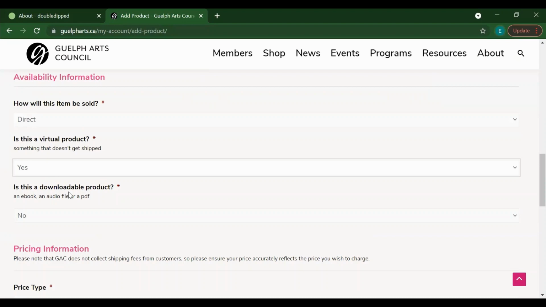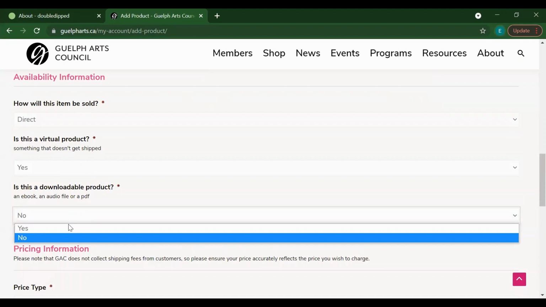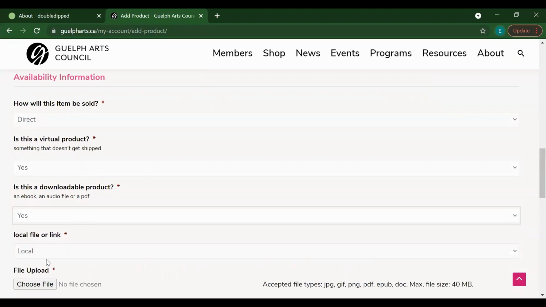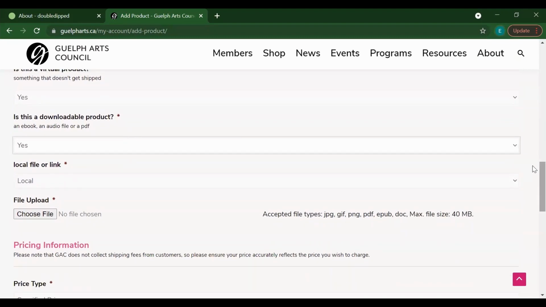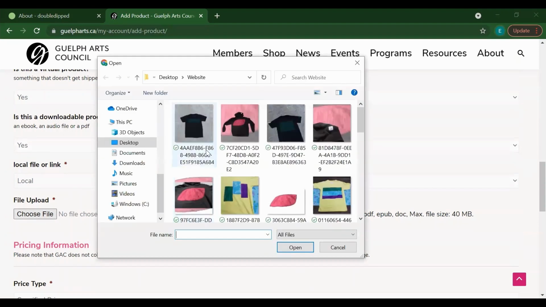Freedom, would you like to explain this part? Yeah, I mean, if it's a downloadable product, like we were saying, is it an audio file? Is it a PDF? Is it something that you'll download? Then yes. And what we require there is for the file to be uploaded there, if that's a file that exists just on your computer,